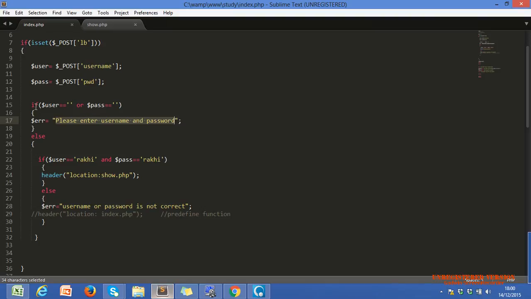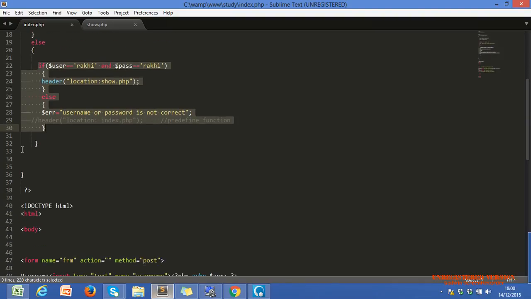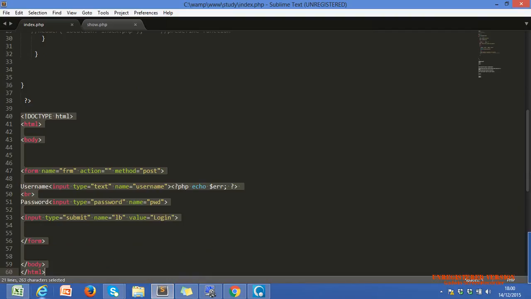Now if this condition is true, then else will not execute. Simple, else will not execute. Where else stops here. If it's true, then this condition will execute, but the else part is not going to execute. That is our if-else rule. Now our execution control goes to here. This is the end of our if condition. This is the else condition; this part will not execute. This is the end of our if condition, and this code will execute again.